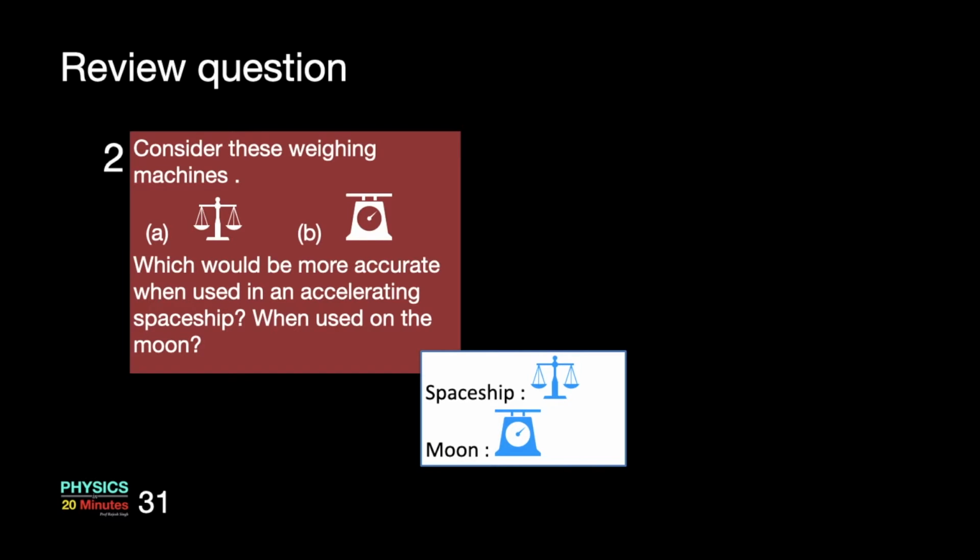You can use A1 on the moon. Only one place this cannot be used. I mean, one place where both can't be used. Can you tell me which place is that? Not in vacuum per se. If you have a vacuum on the earth surface, you can still use both of them. Yeah, so in a space far away from the stars, where the gravity is negligible, and your spaceship does not have any acceleration, you cannot use any of them. Then just think about it, in that case, how are you going to measure the mass? So I leave that thought with you.